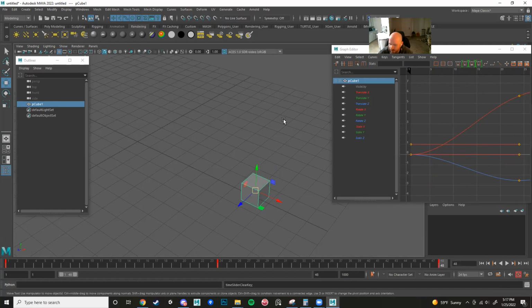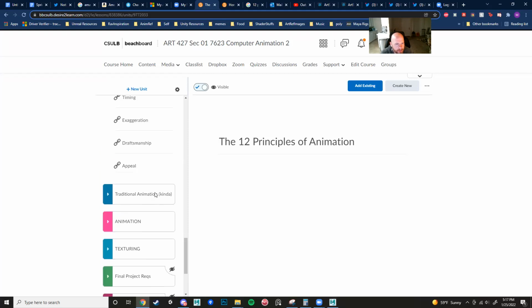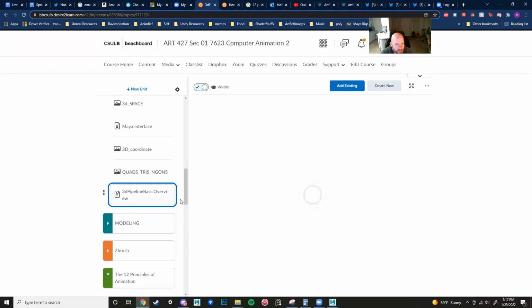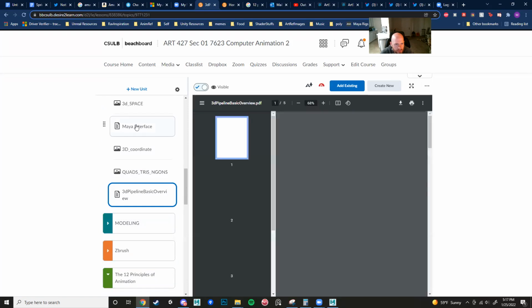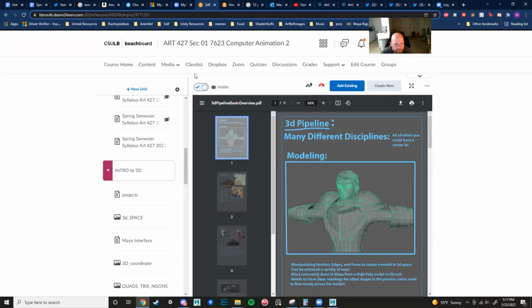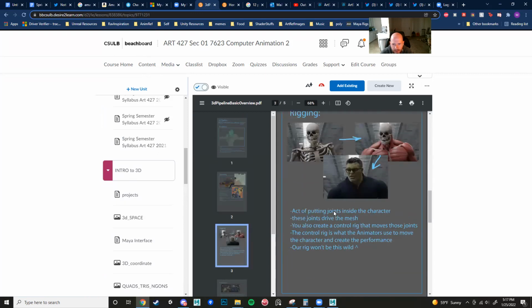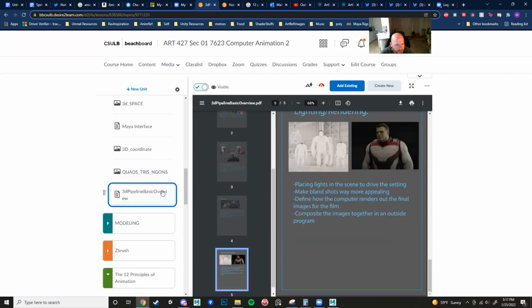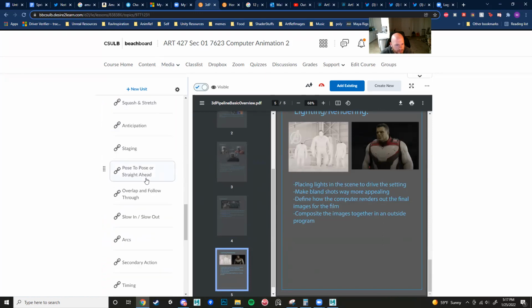Okay. So let's talk about more Maya resources. On here, let's not talk about principles yet. That'll be soon to come. On the course content on Beachboard, we have a breakdown of a bunch of stuff, like different parts of the pipeline, but we also have